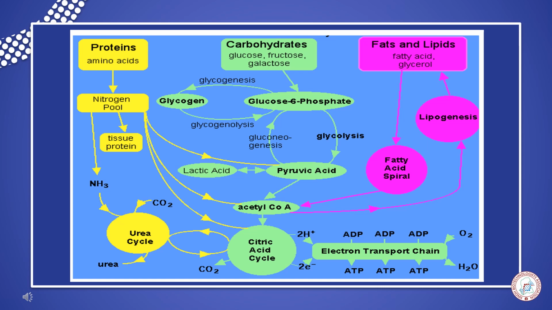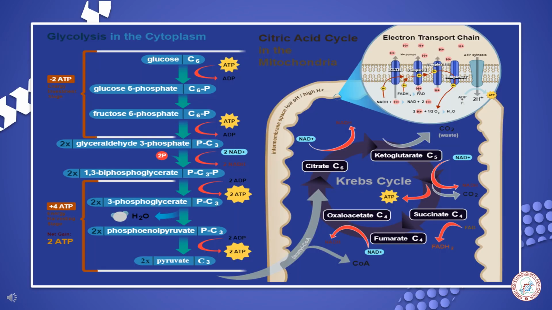They will ultimately undergo, or enter into, a TCA cycle. From the TCA cycle, we get the electron carriers, the molecules which carry the electrons in the form of NADH or FADH2. All these molecules will undergo the electron transport chain, and we get the energy. And in this slide, I have mentioned cellular respiration in a more elaborate manner.